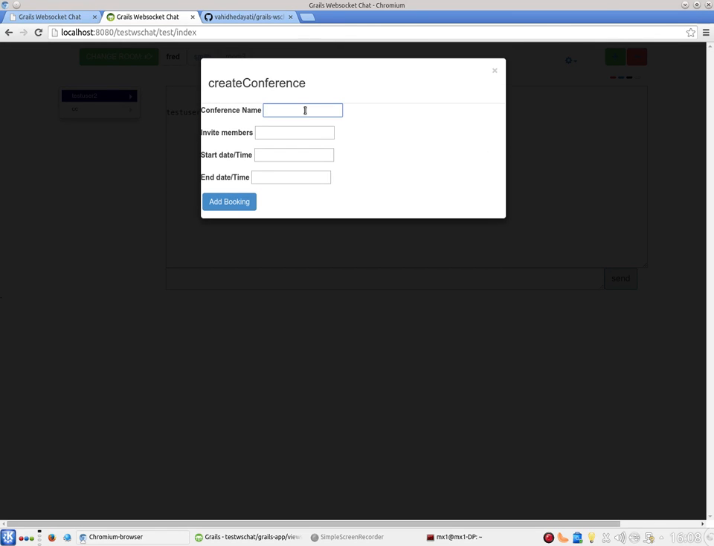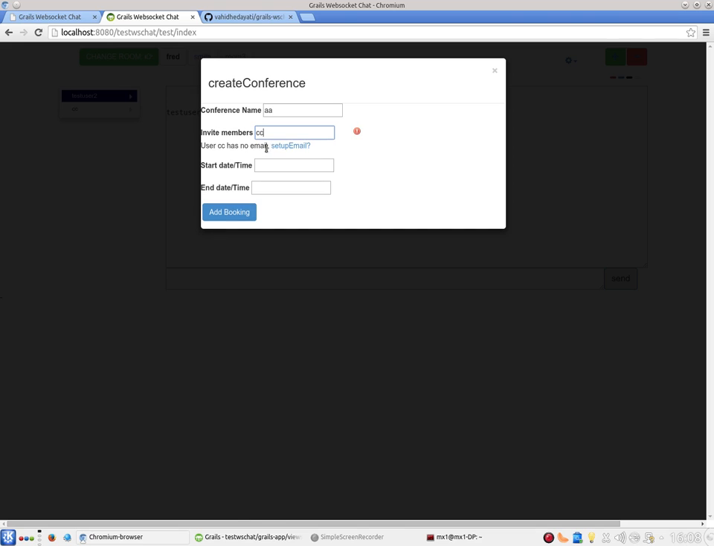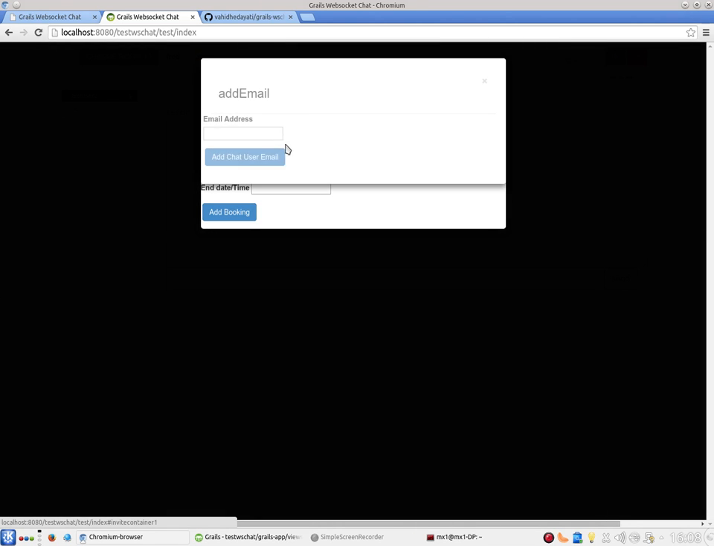This is trying to do what AngularJS would be doing. So we'll create a conference name of AA, invite a person, and it will try and auto-complete according to what's on the system. So if it finds the user, it will auto-complete it. And then you get the option, if they've not got an email address, you get an option to set their email address. So if we set cc at cc.com,